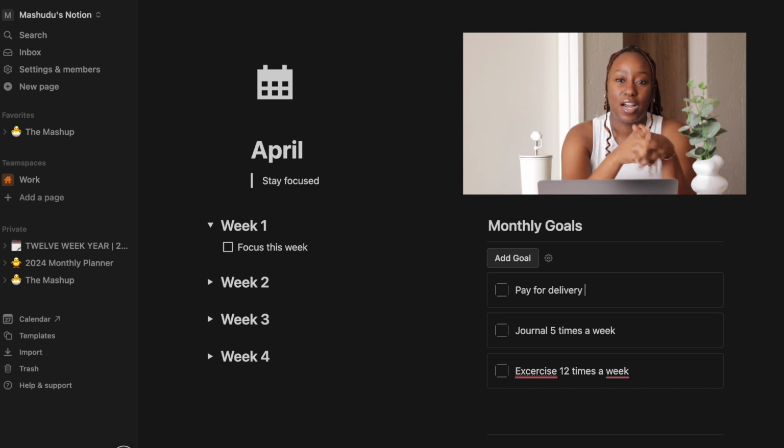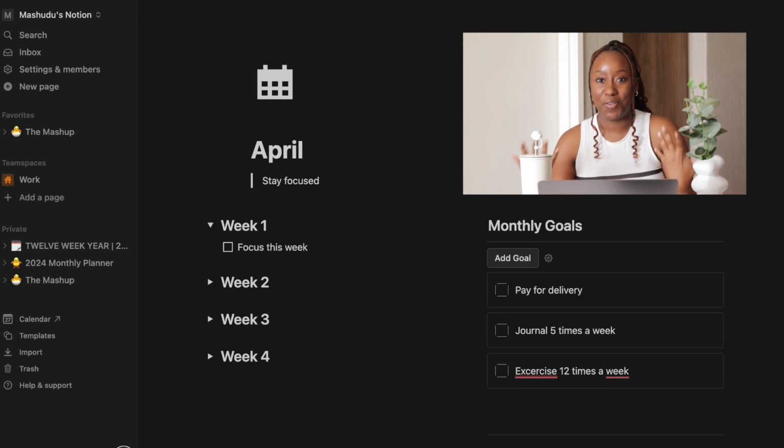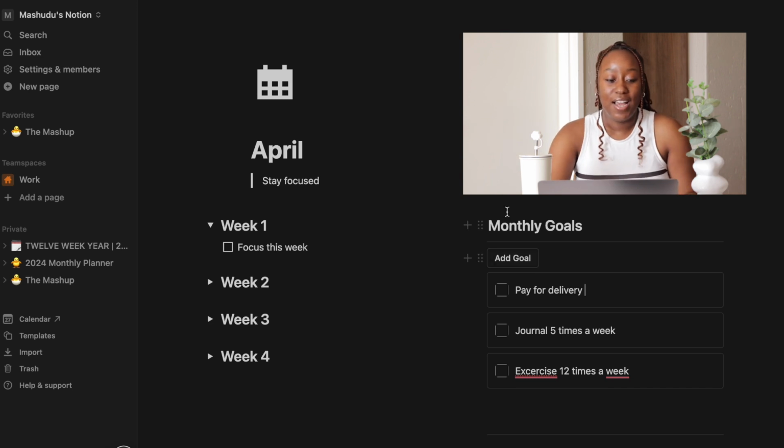I think that's one thing that discourages people from writing goals, because they think they have to be dramatic. Look, my goal is to pay for delivery, okay? That serves as a reminder that I will add on my week, just so I know, okay, I need to pay for that. Sometimes one of my old goals was like, do a hobby, you know? Doing a hobby is not even something very dramatic. It's something for myself, just to cool down, just to remind myself that it doesn't always have to be busy, working, school. We can calm down and just do stuff that makes us happy, you know?